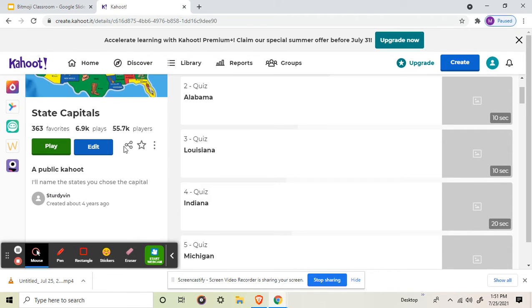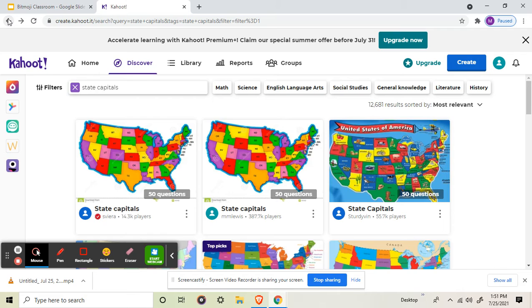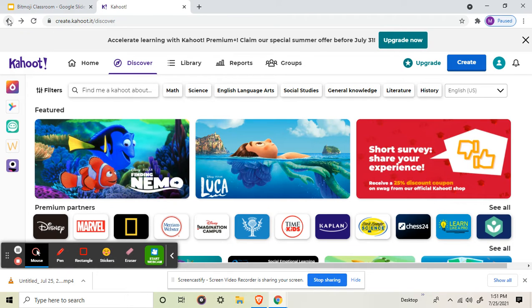You can also save them here. You can duplicate it, so if you wanted to make it your own and change some of the questions. So I teach special ed math, so a lot of times the questions might be a little bit too difficultly worded for my kids, or a little bit above their ability levels, where I might have to bring them back a little bit. So it's challenging, but not impossible, or maybe scale them as you go through.